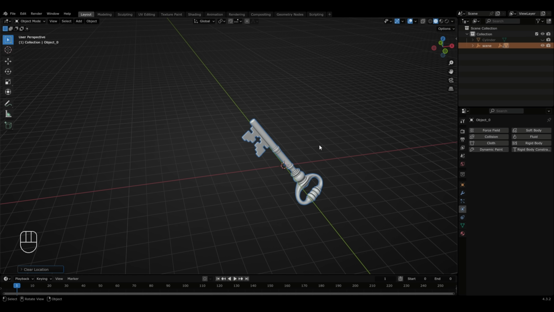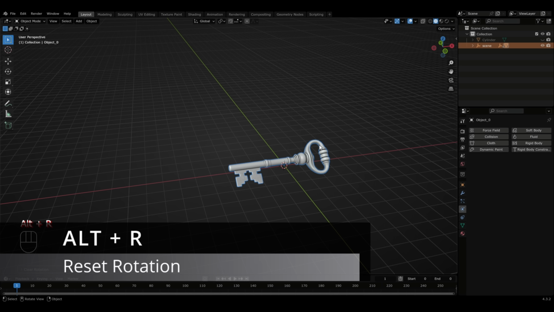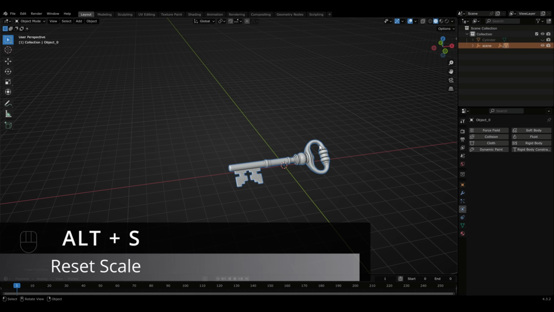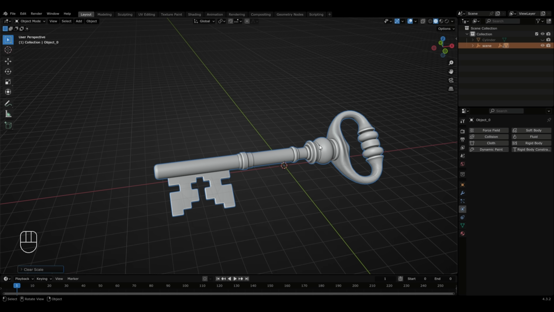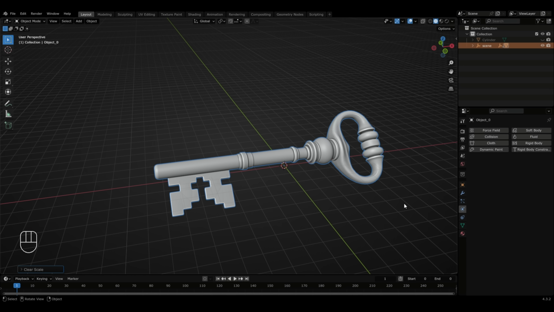Similarly, to reset the rotation, the shortcut is to press Alt R, and this will reset the rotation of the object back to the original one. Similarly, if I press Alt plus S, then this will reset the scaling of the object back to the default values. The only thing you need to take care of while using this shortcut is that the location or rotation or the scaling should not have been applied to the object by pressing Ctrl plus A, because in that case these shortcuts will not work. And so this was the list of top 7 Blender shortcuts